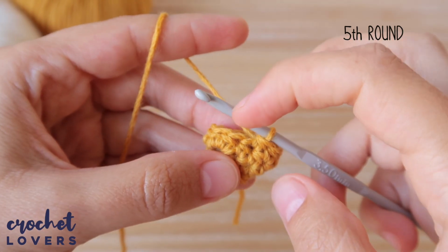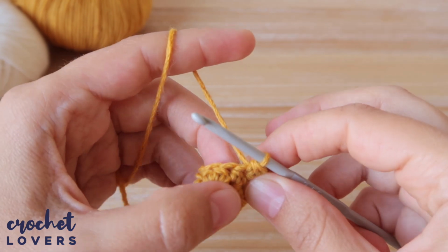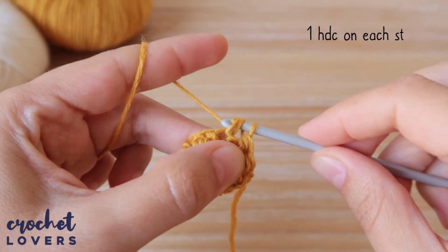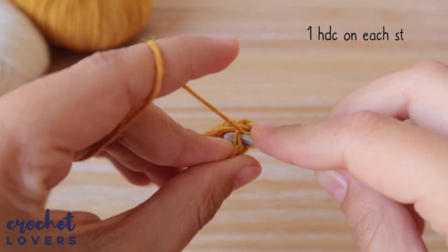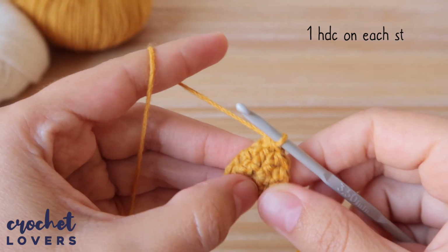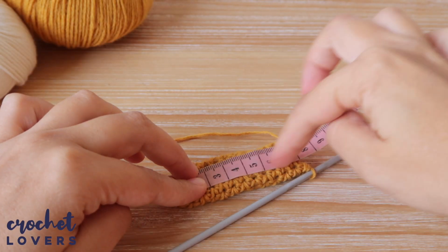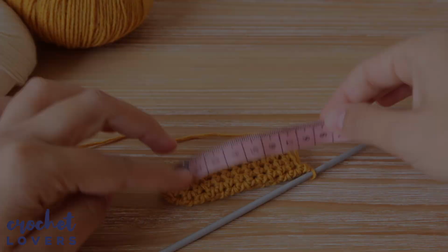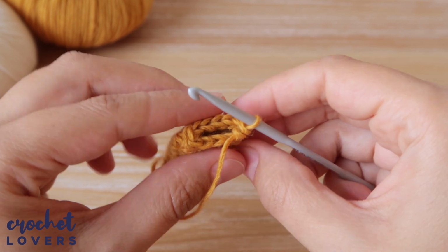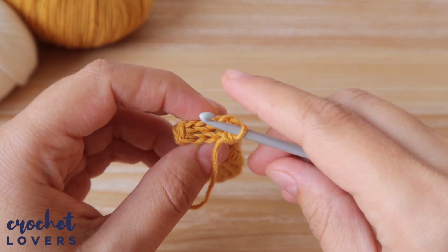Right now, we'll make 1 half double crochet in each stitch available, until this is about 7 centimeters long. This part is very easy. We just need to make 1 half double crochet in the stitch we have next to ours. And we just keep growing until this little tube, which we'll use to make the knot, is about 7 or 8 centimeters. The central thread can be left inside this tube. And we should be making 10 top loops, 10 half double crochets, because we have not made any more increases